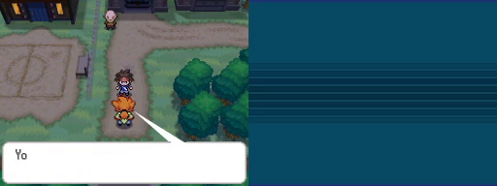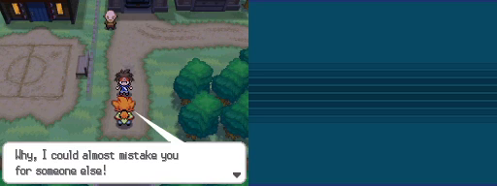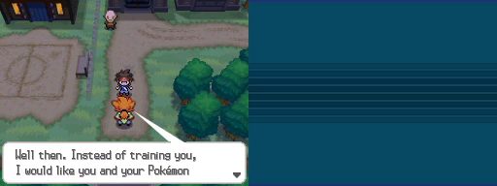Hello, Alder. So it looks like you've delivered the town map to your friend. You were only gone a moment, but you and your Pokemon have grown. Why, I could almost mistake you for someone else. I'll get into that later. Well then, instead of trading you, I would like you and your Pokemon to give me a hand. Yeah, cool, but first...